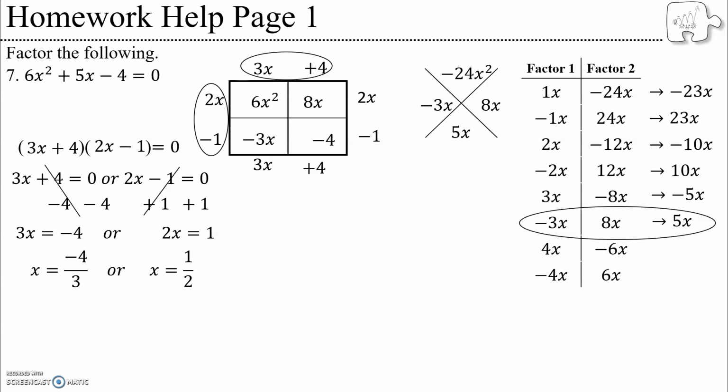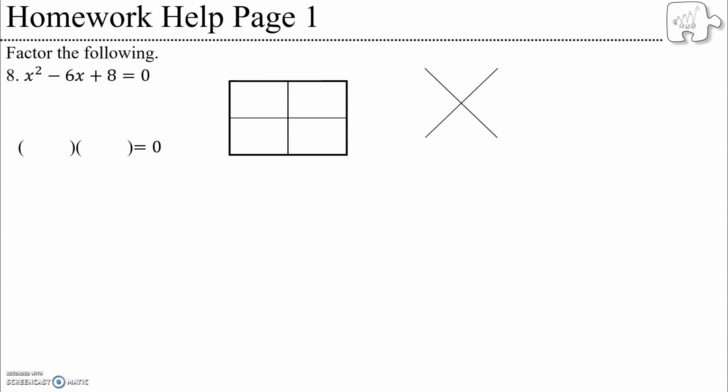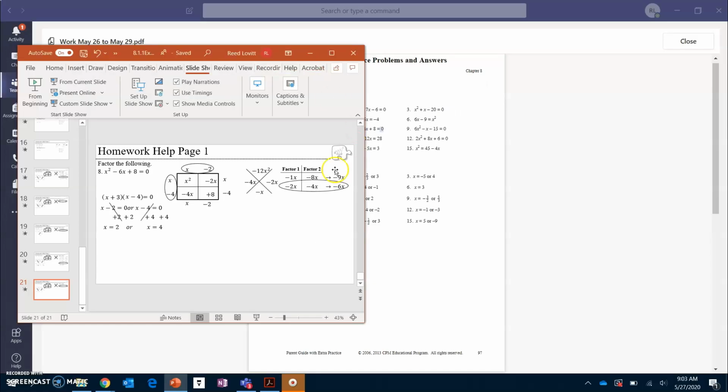So now let's do problem 8 for you guys. So it equals 0. That's good. That's the most important part. If it equals 0, we could use the zero product property. So what we're going to do is put the first and the last in the corners of the generic rectangle, like always. And then when we multiply them together,